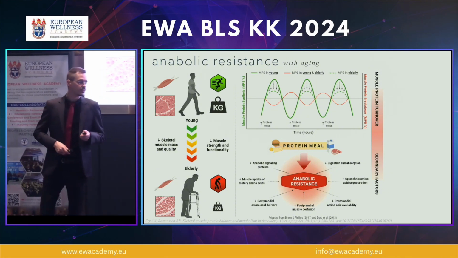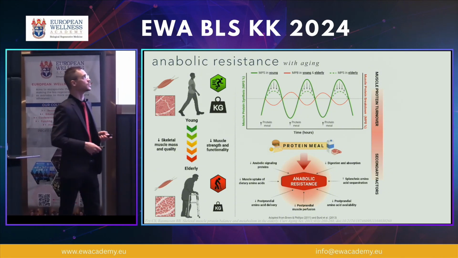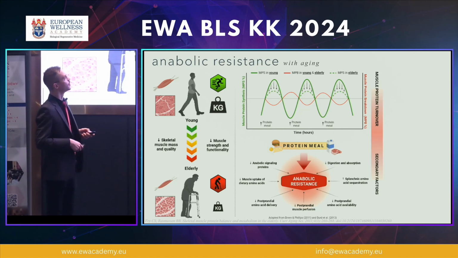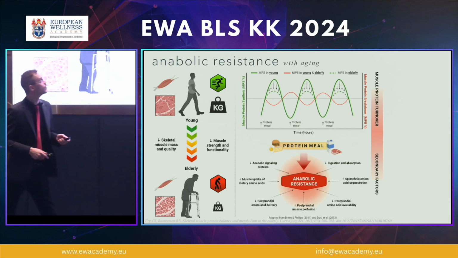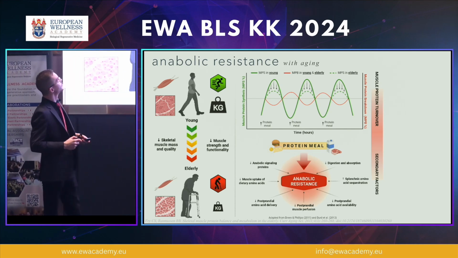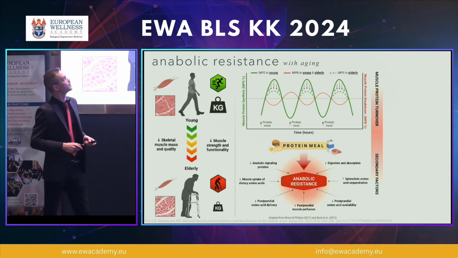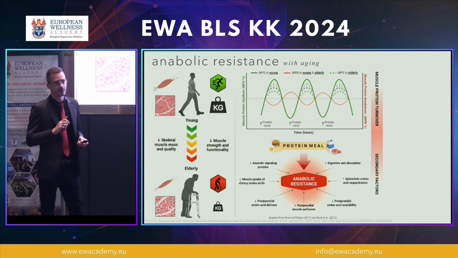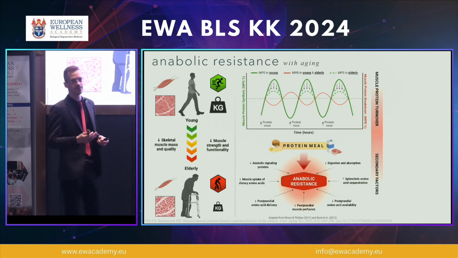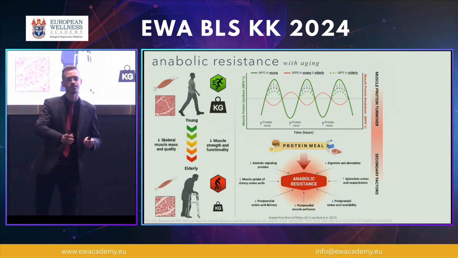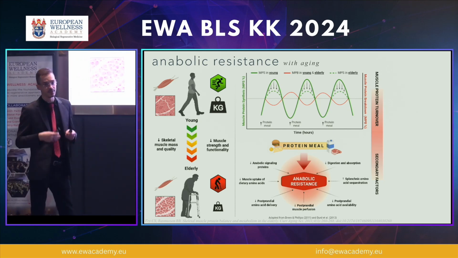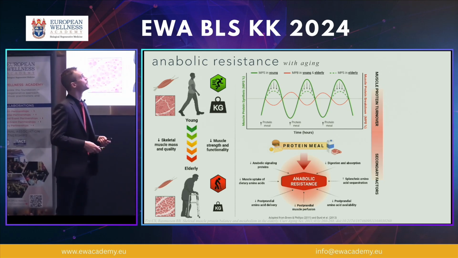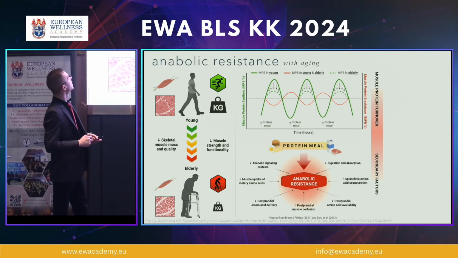So what kind of problems can we observe with the muscles or with the muscle formation during aging? First and foremost, this is anabolic resistance. What anabolic resistance means follows back to that concept of remodeling of the tissues. So all of our tissues get remodeled through our life. The old cells die, the new cells come to replace those. So during our young age, the protein that we eat